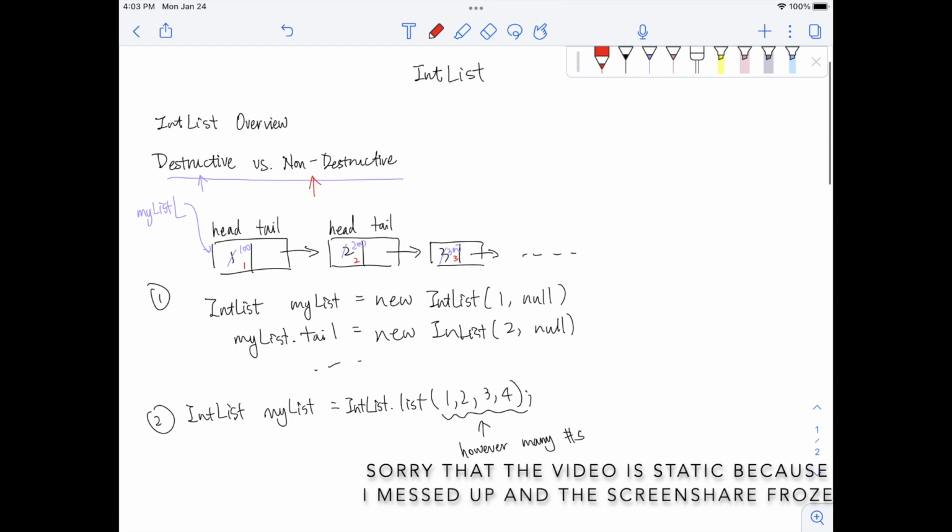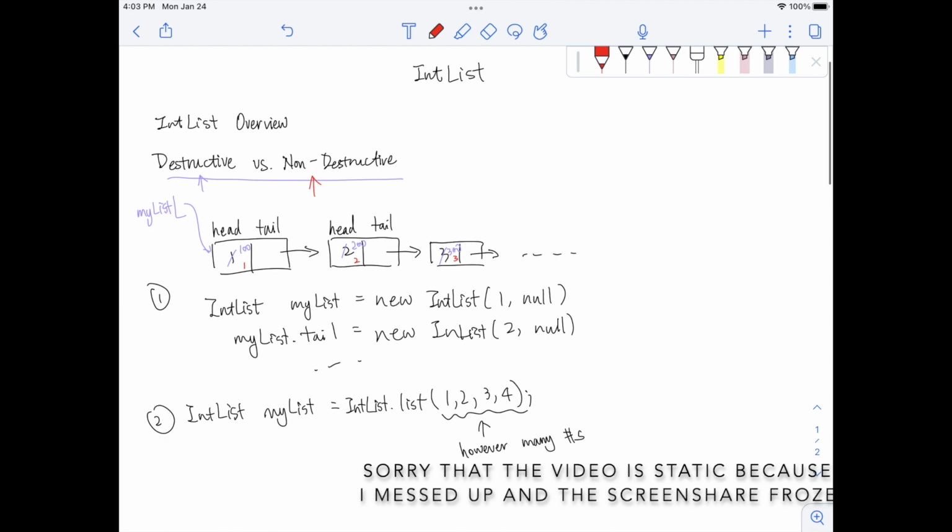So in this case, let's say we have this IntList A, or I always call it myList. In whatever method you're looking at, we say the method is destructive if we somehow change the content of the object, which is an IntList in this case. So if this is changed to 100, 200, 300 after we execute that piece of method, then we say that